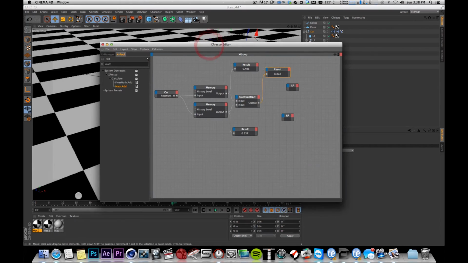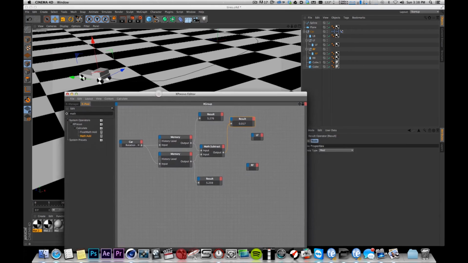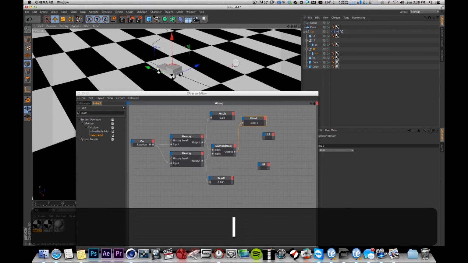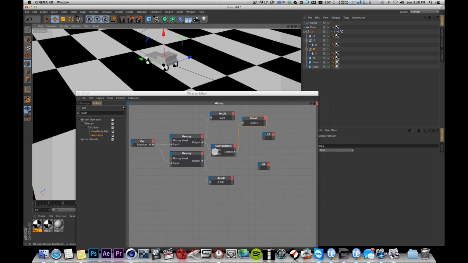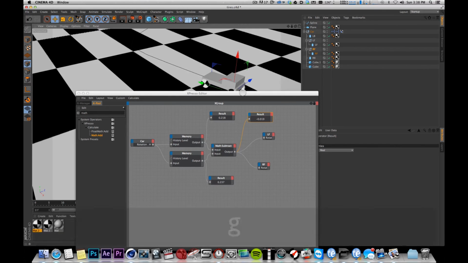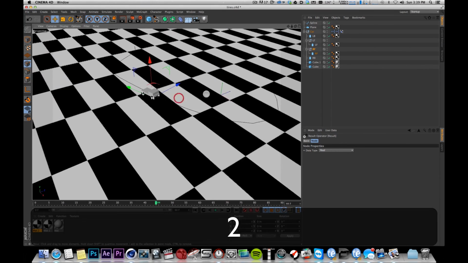Let me skip this back a little bit. Okay, there we go. This is the difference in the rotation, and we're going to apply that difference to these wheels. So we've got our subtract, we're subtracting, we got the final output, and the output is going to go to rotation H of these null objects that are over the wheels, rotation H. And so what that's doing here as our car moves down the road,